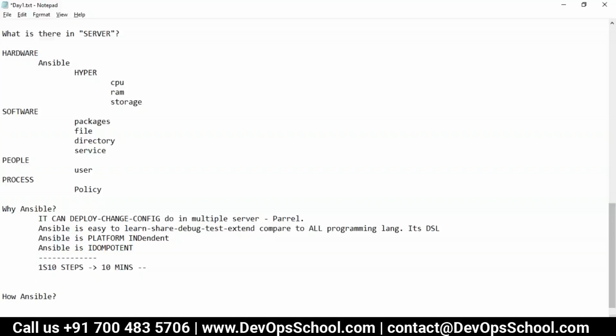First deployment you are doing through Ansible, 10 steps, 10 minutes. But if you do the second deployment, only 2 steps got changed, remaining is same. So in this case, only 2 will execute. So how much time should it take? As per the rule of idempotent, 2 minutes. Simple. So you saved 8 minutes.